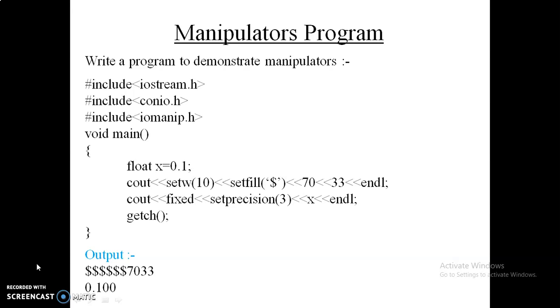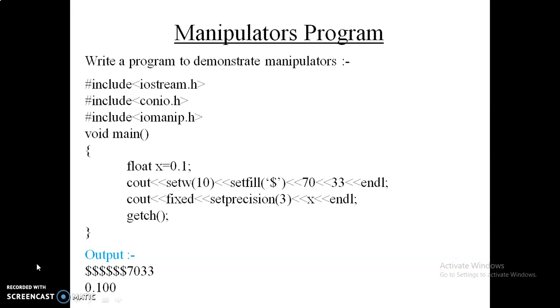Okay. Now in the same line it is written endl, that is the endl manipulator, which is our first manipulator. That is used to create a new line, as you use \n in C. That is the same as endl in C++. Okay. So our next output will be displayed in the next line.